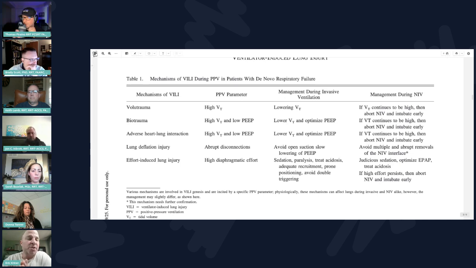And I think that's also the hard part, right? Because of just what Tom showed us, is that you have these regional differences, and we have really blunt instruments outside of EIT that are widespread. And so I think you can see why we get ourselves into trouble a whole bunch, right? Just what you mentioned with driving pressure and everything else. They're super blunt. And they don't tell us about these heterogeneous regional differences. So yeah, I love the recap that you got, and yeah, let's keep talking about it.